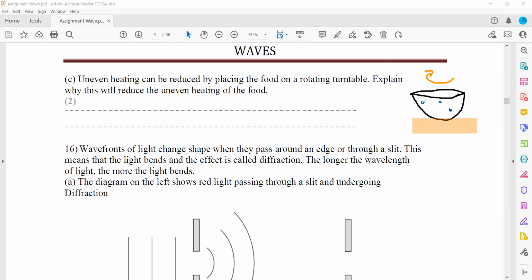Maybe right now at this position there is a cold spot, but because the food is continuously changing position, it will reach a point where there is a constructive interference or a hot spot, so it will reduce the uneven heating. Otherwise, if there was no turntable, and this food is kept inside a microwave, it will have uneven heating. So how do we write the answer for this? Basically when the food moves